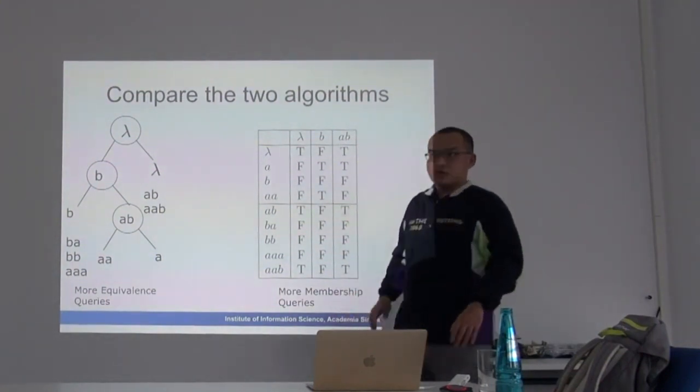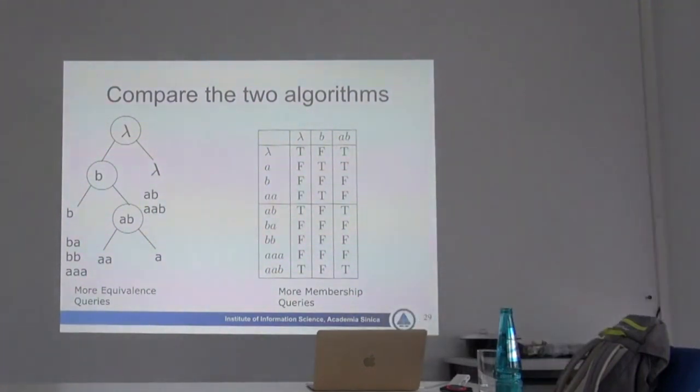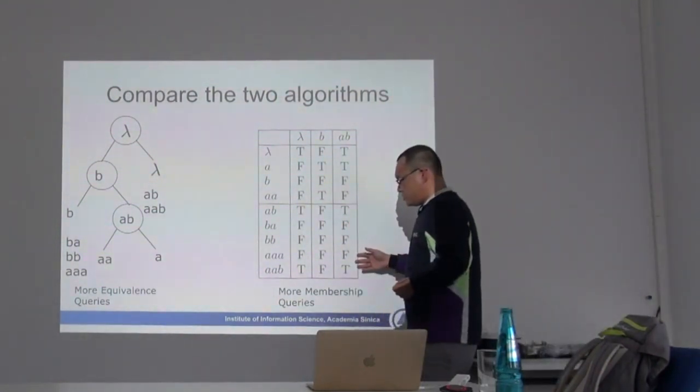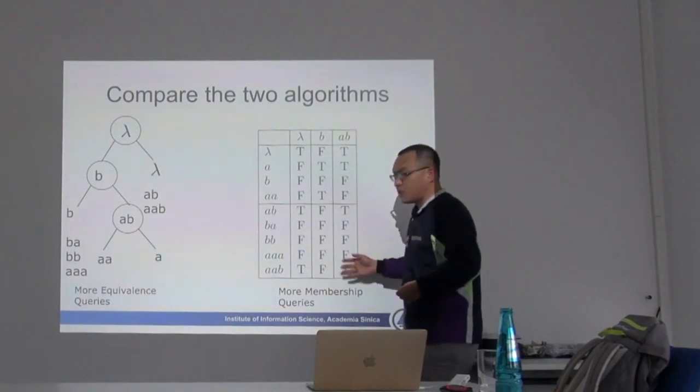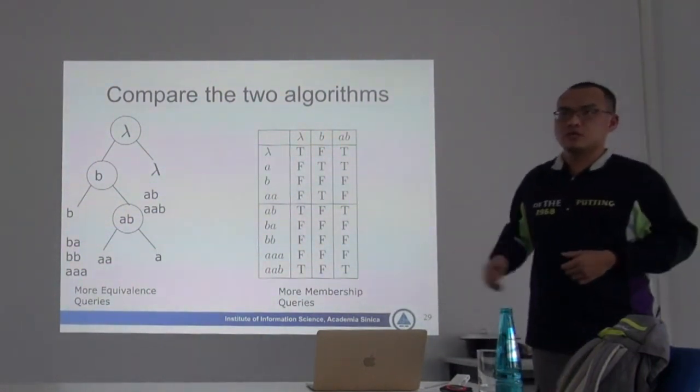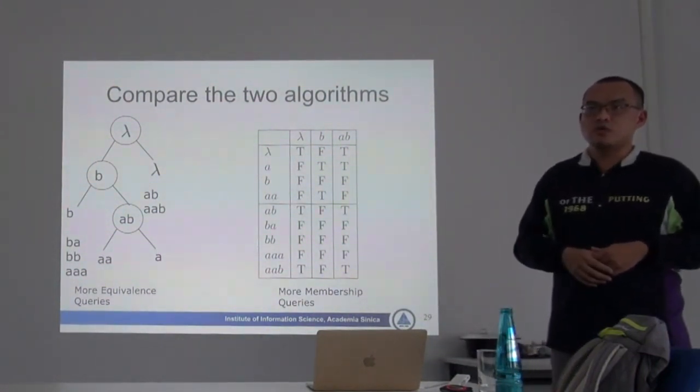When you implement these algorithms, you need to combine them with the black box system you are going to analyze. For example, maybe you need to connect this with your car, or a simulator of your car. For each membership query, you need to run the car, so it takes some time. In my experience, to learn an automata of, let's say, 1,000 states, even with a tree-based algorithm, you need a few thousand membership queries. It can be even worse.